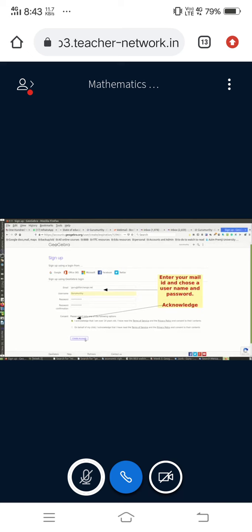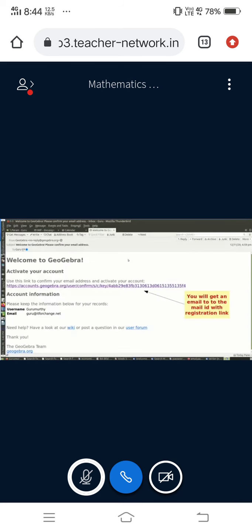When you click on create account, GeoGebra will ask you for some information, which is basically your mail ID as well as the username that you want to use for your GeoGebra account and the password that you want to choose. You will enter that information and then click on create account to create your account. You will get an email to the mail ID that you have specified with a registration confirmation link.